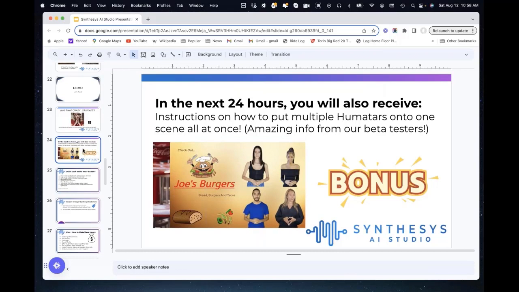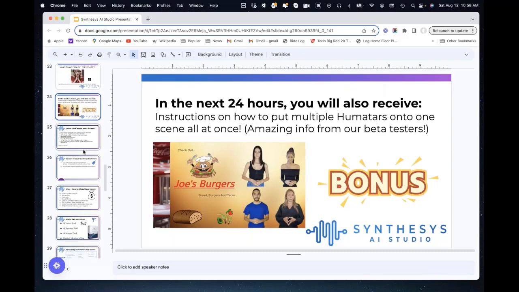Well, it can't be done anywhere else with any other project, but it can be done with our system. It has to do with a copy and paste, and mixing up the background a little bit, but it can be done, and our beta testers figured it out, and we're going to be giving you that as a bonus today as well. Actually, it'll be sent to you within 24 hours.